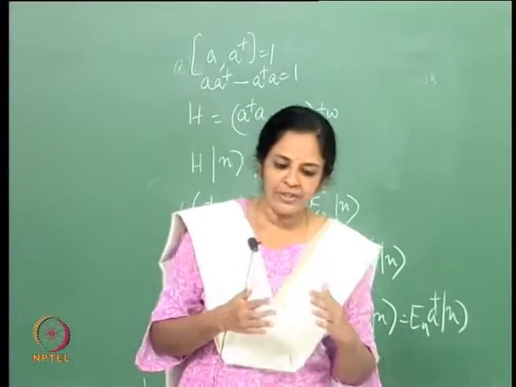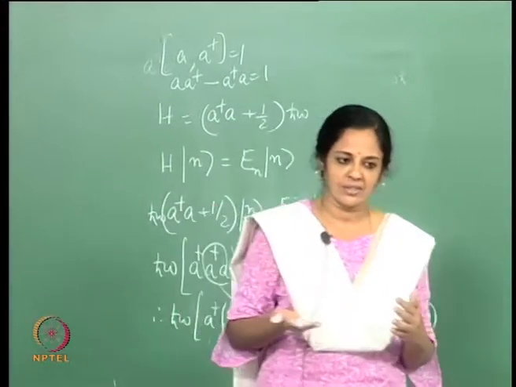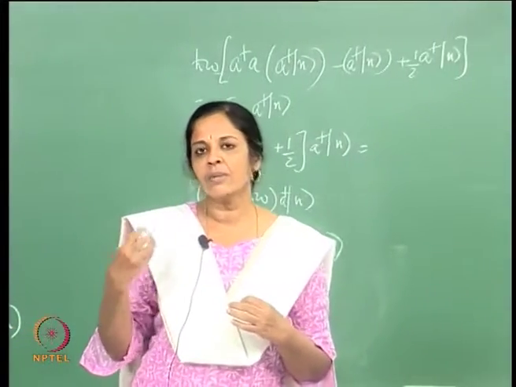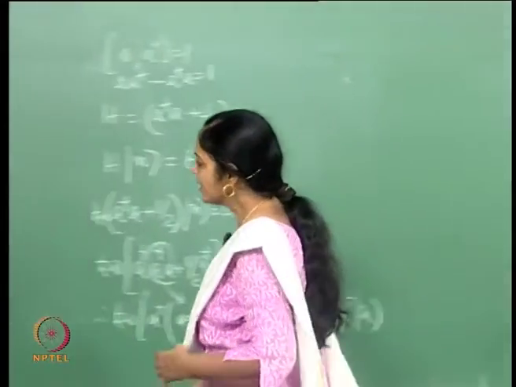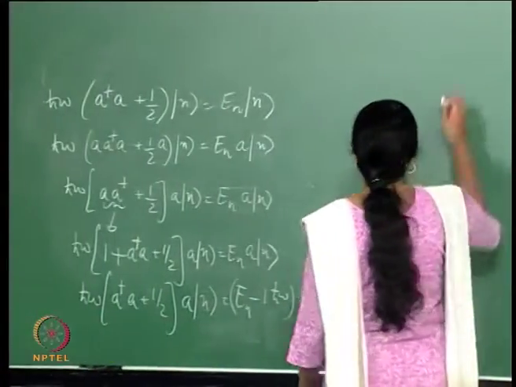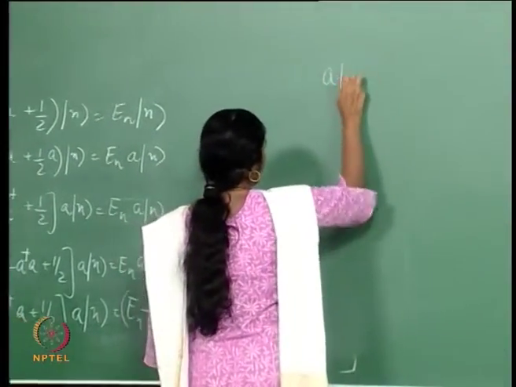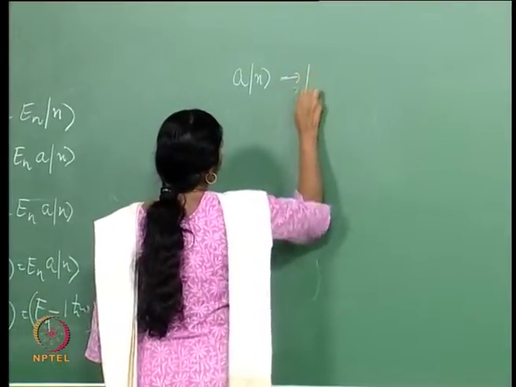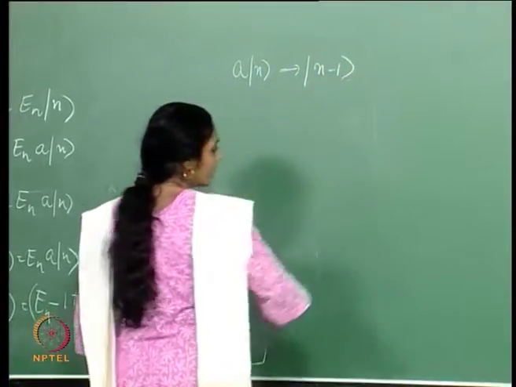So repeated application of A on a given state ket n seems to reduce its energy each time by 1 h cross omega, taking it to a new state, and therefore in the notation that I have used